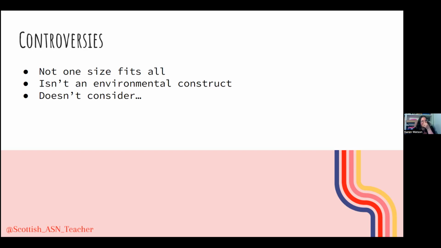And the other thing is attachment theory doesn't consider a lot of external factors. So it doesn't consider things like social class, ethnicity, culture, economic factors, or even someone's temperament. It doesn't consider personality. So it's just something to think about when you are thinking about attachment theory, that there are places where it's lacking. It's not a one size fits all, and it's not a solution to all your problems. It's just another tool that we can use, and it's another strategy that we can add into what we're already doing.